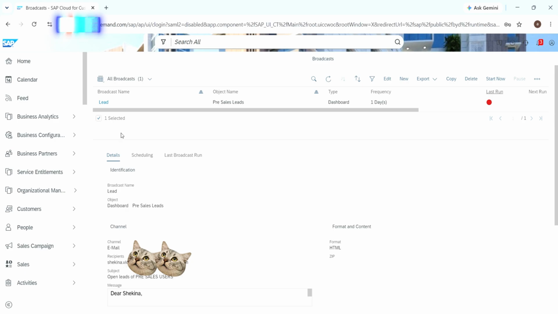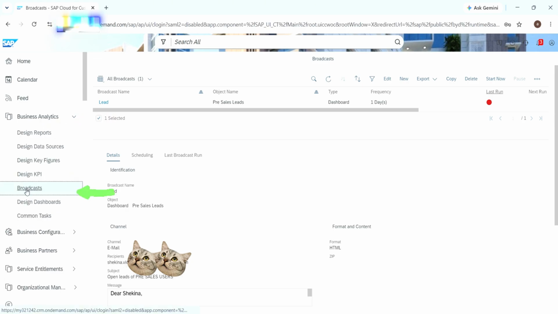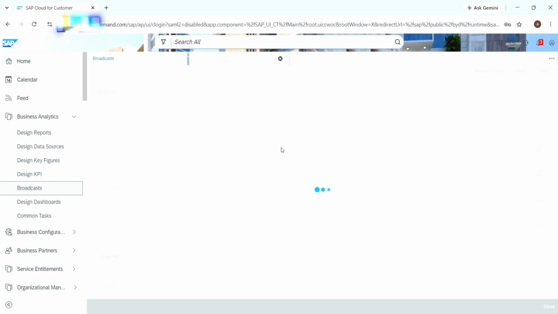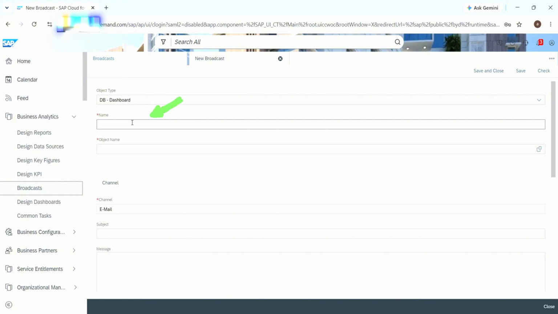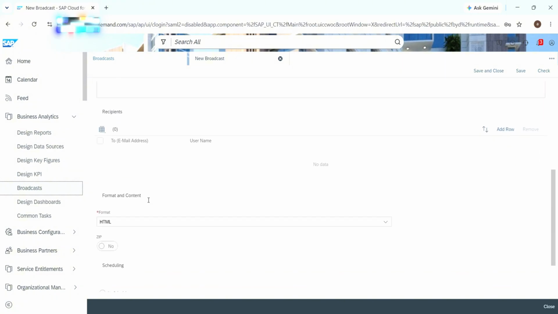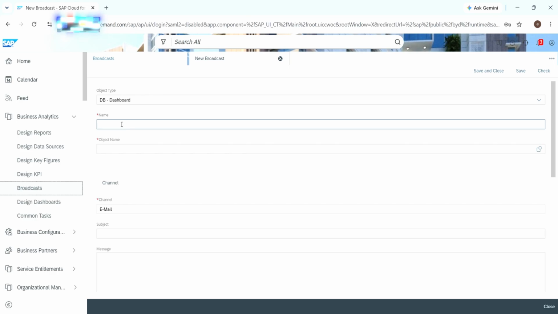Let's get started. So first you have to come here, business analytics, and you have to come to this particular work center view, broadcast. Here you have to create a broadcast. Okay, so directly you go to the new button. Here you have to give the name and object name and all those things you have to fill here. So for my case